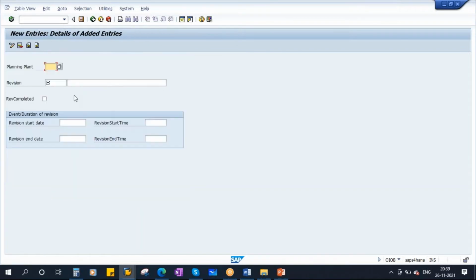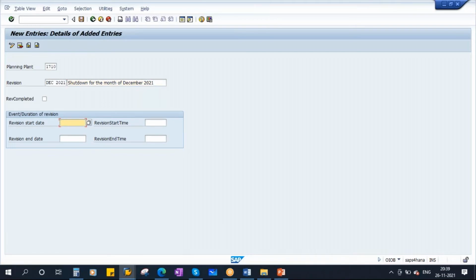Now click on new entries. Give the plant and the revision number, that is month and year. Shutdown for the month of December 2021. Give the description.